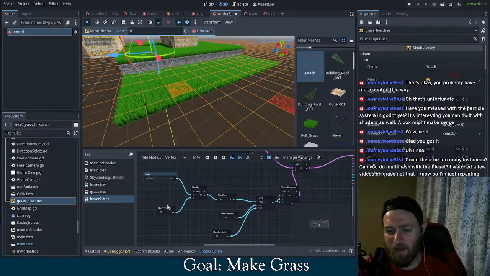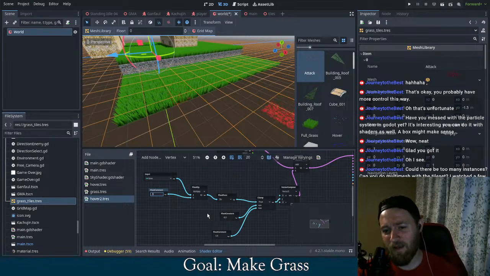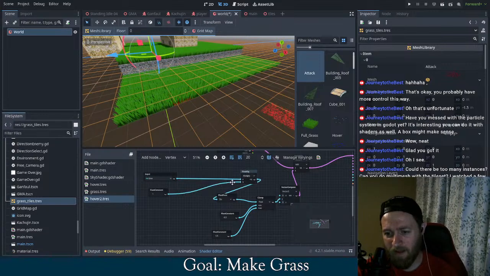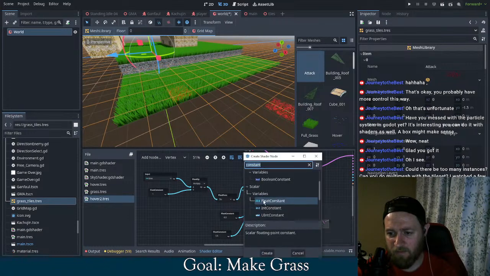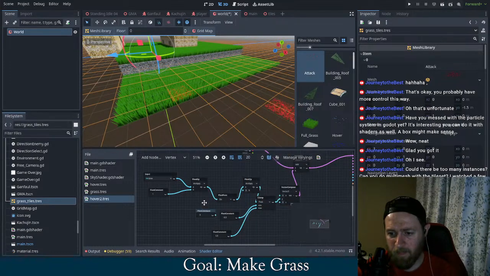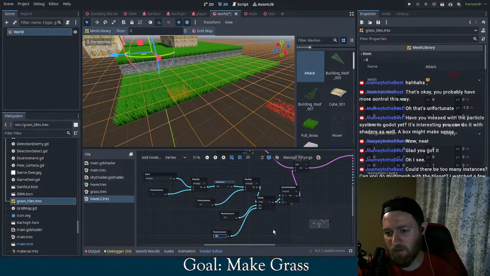I could multiply this. So right now my sine wave. That's probably the right speed, just multiplying it by like 1. But I need another multiply, I think, and I need to do it after the sine wave. So I would flatten out the sine wave, something like this, and then create a constant. You get some real silly stuff in here. Okay, and then like a 0.1. And then I can clamp this down to